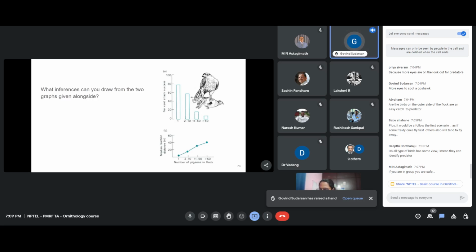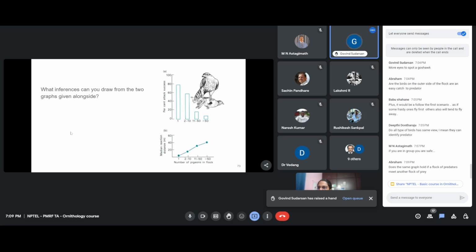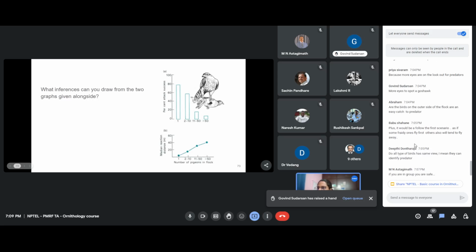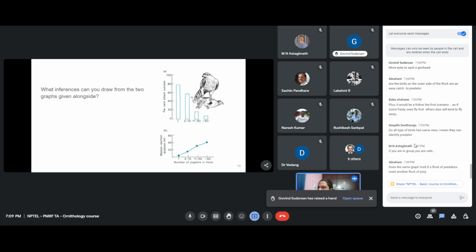The question that was being discussed previously was what was the median reaction distance, right? Ma'am, well, I had some bad connection there. My answer from the first was that the larger the flock, the more eyes, and they could spot the hawk or whatever predator much quicker, right? And that's why they could react a lot faster in this case. Yeah, exactly. That's what everyone has posted on the chat box as well. So, yeah, we just discussed exactly that.